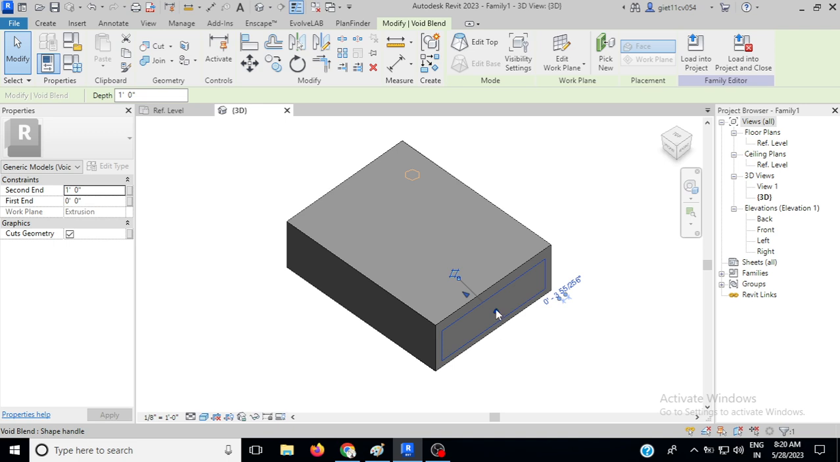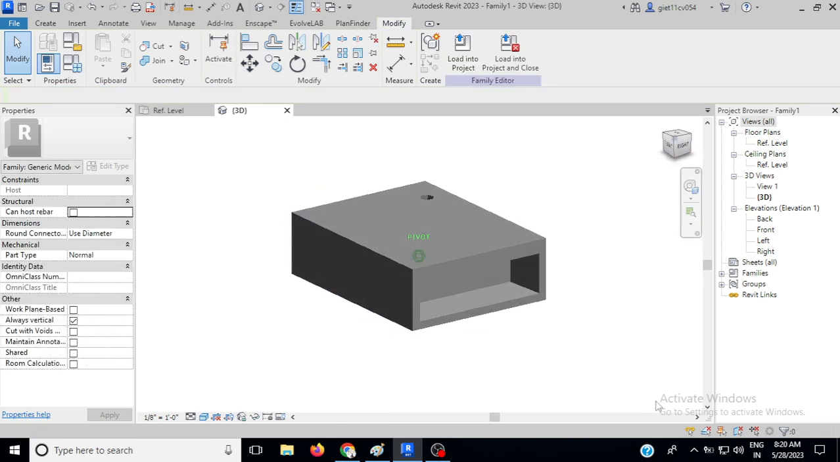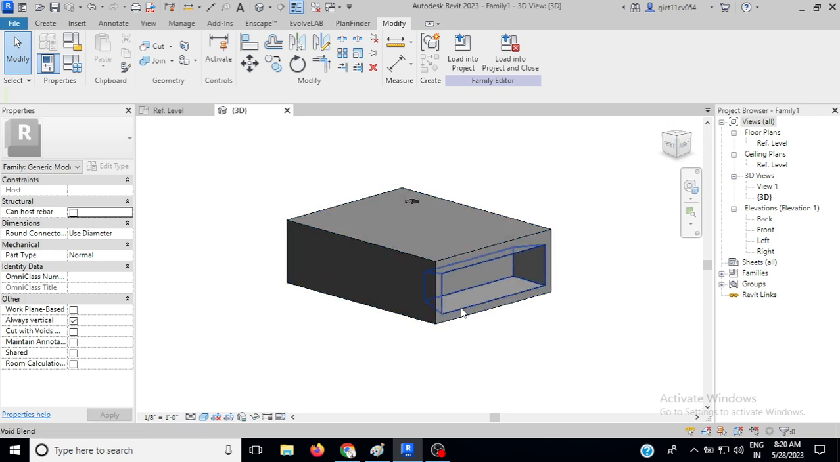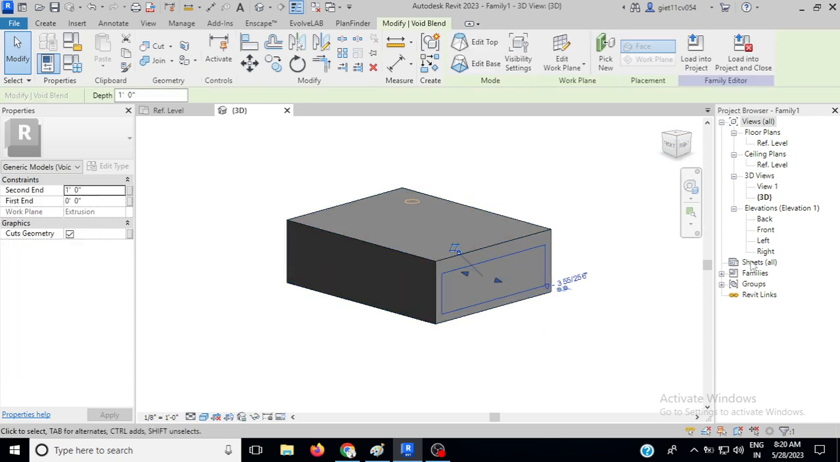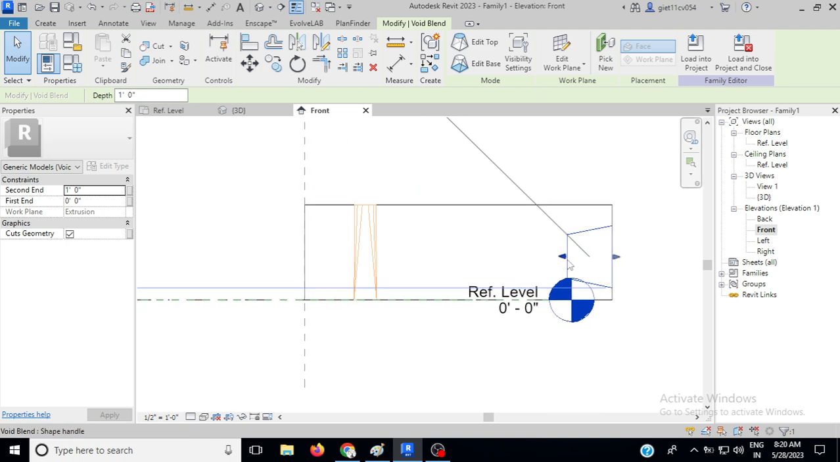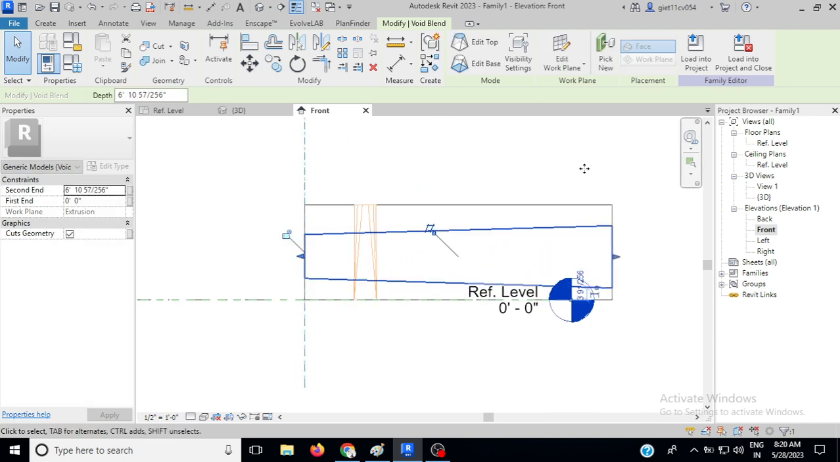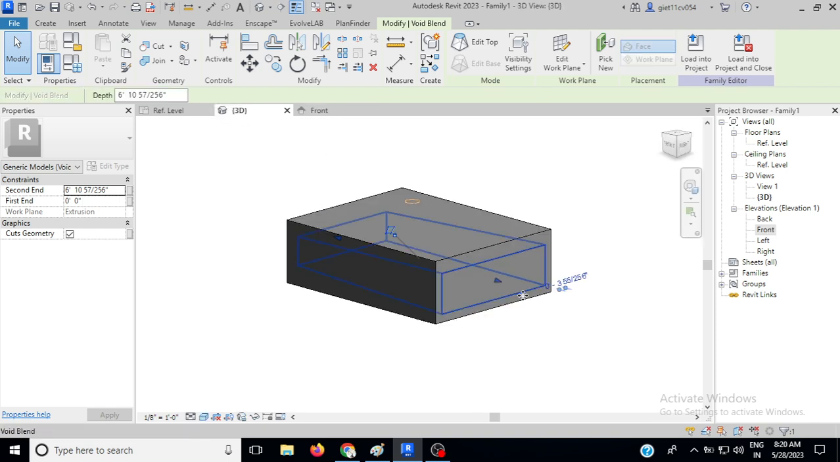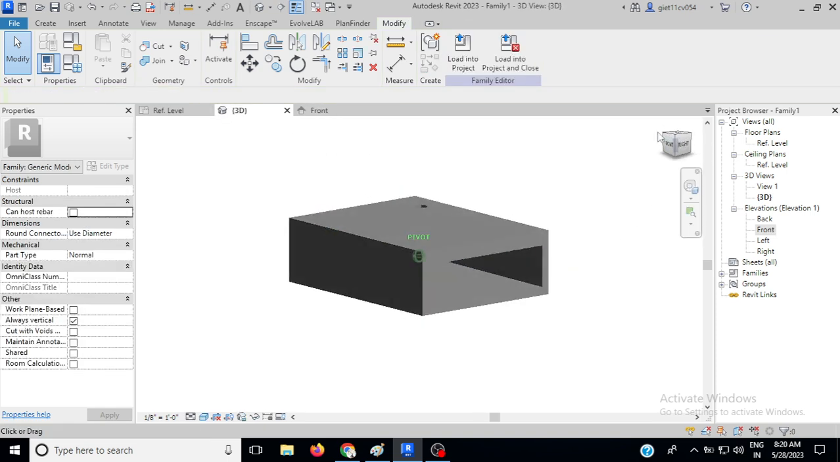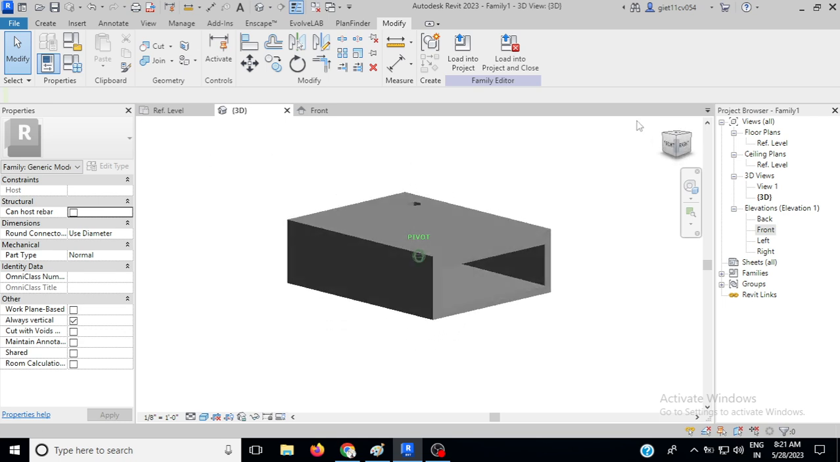You will see, you can see, you can increase the size. Suppose go in some front view. Here you can see, you can make it up to here also. Now go in 3D and you can see, you can go in 3D and you can see here both the sides. Okay,